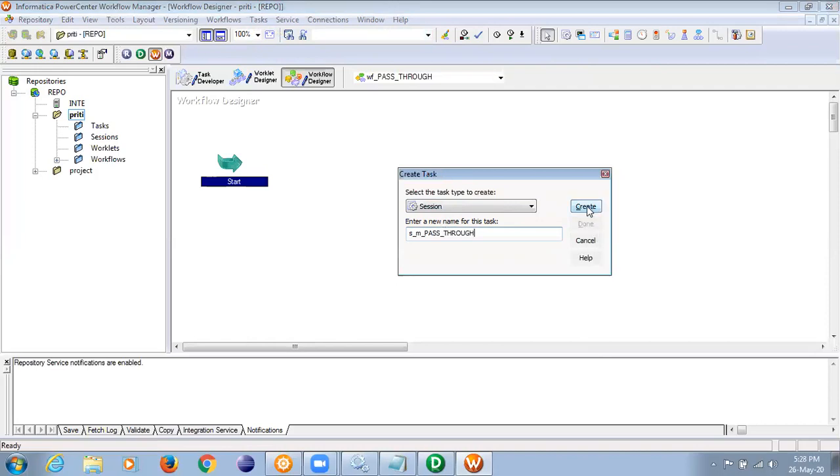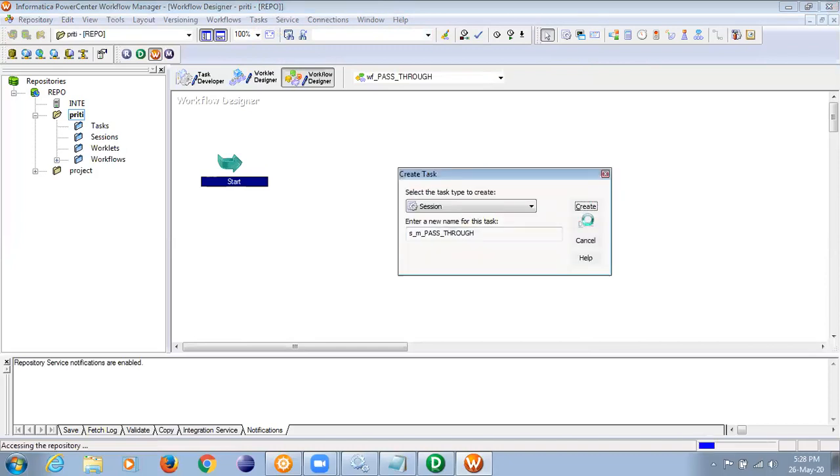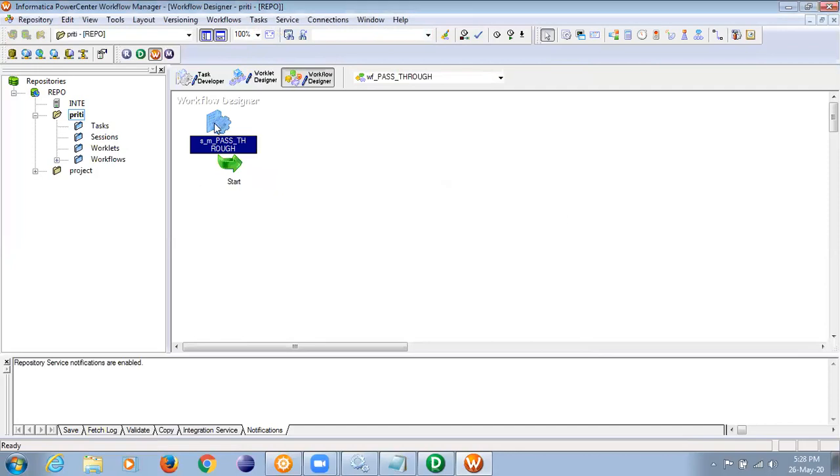Okay, create. When I say create, it will ask me which mapping, obviously, which mapping you want to run. As and when you start creating mappings, all the mappings will start appearing here. I just say okay, done. Did you see this component is available here? Similar to what we have done there, we now have to link it. I'll use this link. Can you see link task? I'll use this start link. Once you practice, 100% things will be sorted. Don't worry about that. Control S.